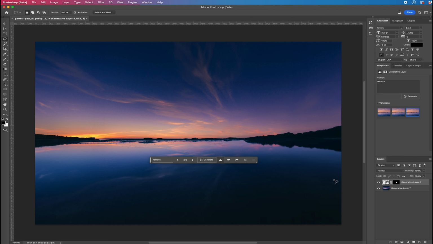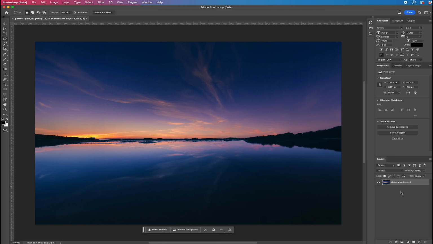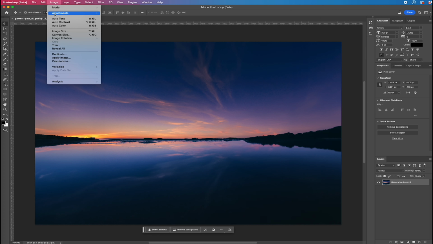So I'm going to merge those layers together now. So I'm happy with that. Okay, so I'm really happy with this picture now. It's looking really good. I love the colors. I love the horizon. I like it. It looks pretty good. But now what we've got to do is make it into an oil painting. So next steps. First of all,